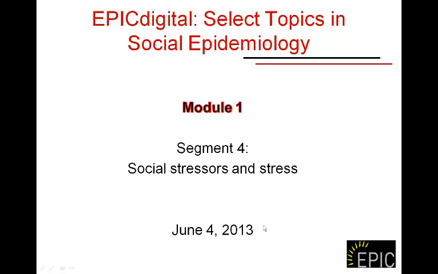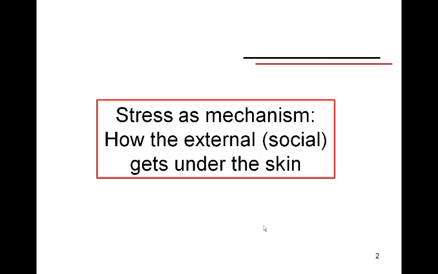This is the fourth and final segment of Module 1, in which I'll talk about social stressors and stress, and specifically how stress is another mechanism by which the social or external factors are understood to get under the skin. And we'll be reflecting here what is often referred to as social stress theory, which very simply means basically that things that happen in the social world that are socially patterned or a function of one's location and social structure can affect health outcomes by virtue of exposing individuals to stressors that then affect health through psychological